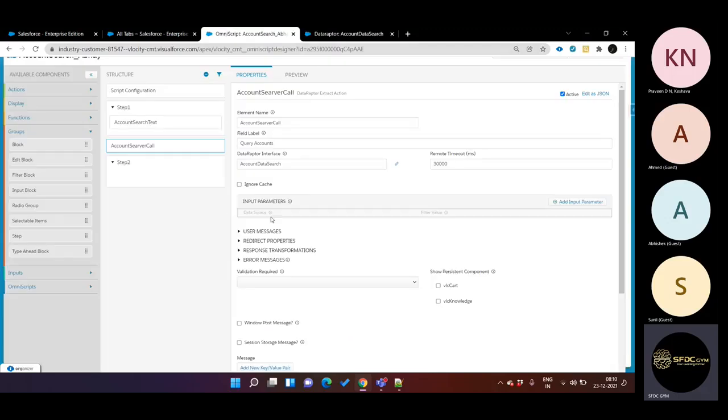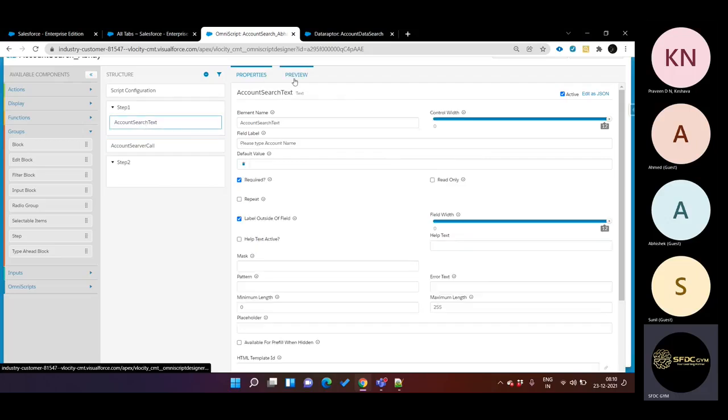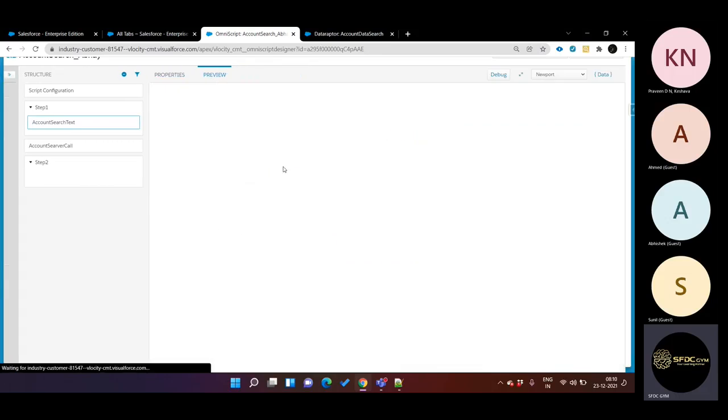Now let's go back to our data raptor. Sorry, in OmniScript and configure our thing. So see, first thing is you need to put the data raptor name. Second thing is this part, input parameters. You need to click here. The left side of the screen will ask you which variable you want to bind. So in our case, we are passing this information through this variable, right? The first screen, which is in step one,